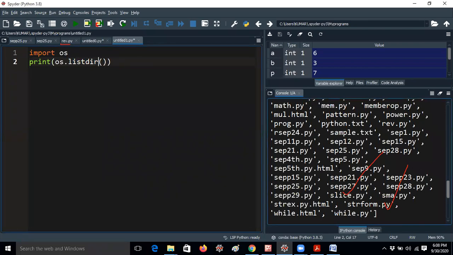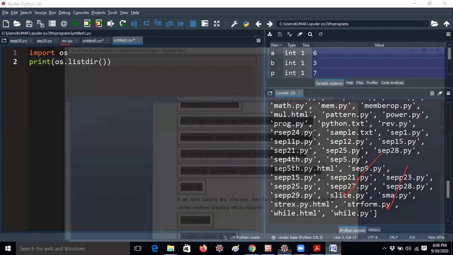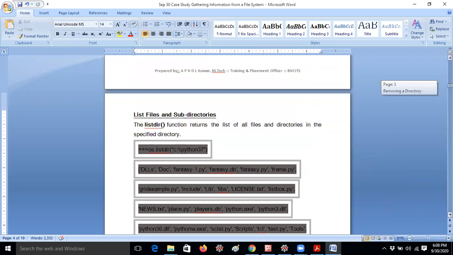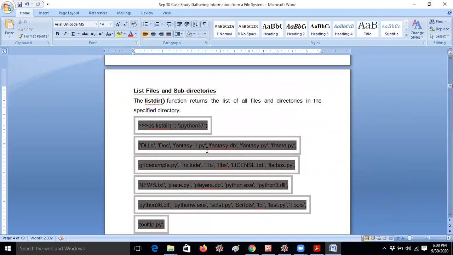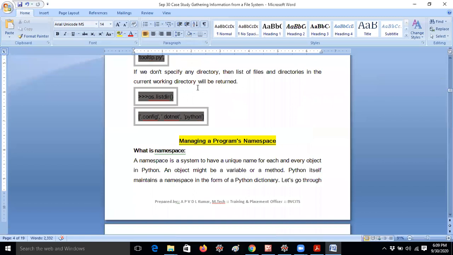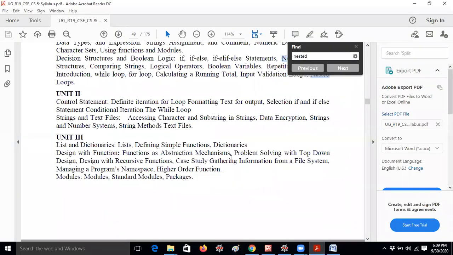You should understand very carefully, guys. I think these are very important functions, so that's the reason I'm telling. You can list files and subdirectories, and you can access subdirectories like I already mentioned. These are completely theory concepts, that's why I'm telling this concept. Anyway, you have to remember all the commands with respect to the file system. Just now I told you what functions are there.